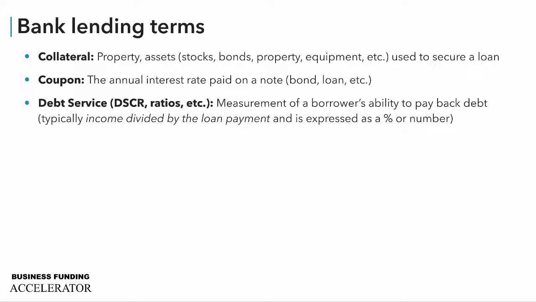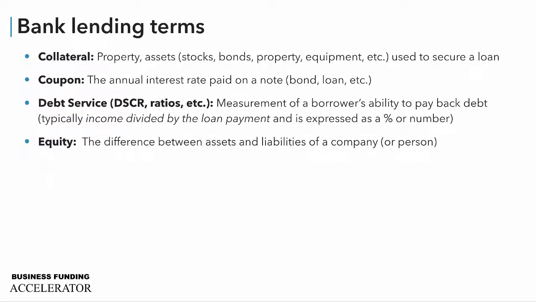So if you're making 20 grand a month in cash flow and your debt service, or the monthly payment you owe the bank, is $5,000, then you're making 4 times more, 20 grand, than the $5,000 that you owe the bank each month. So in most banking situations, if you can cover debt by 4 times, you should be just fine to borrow that much debt.